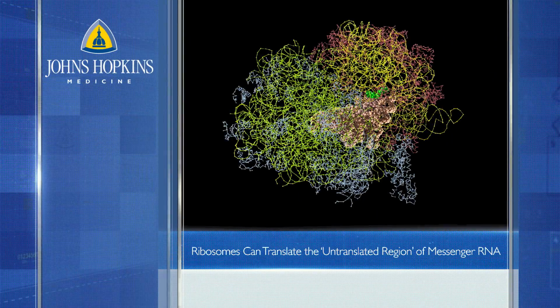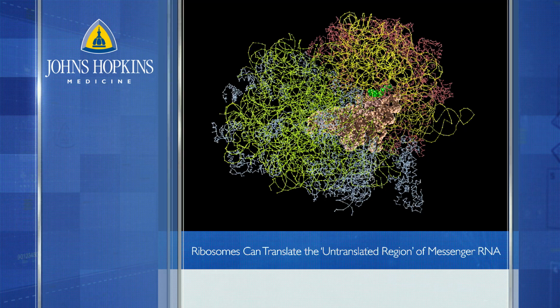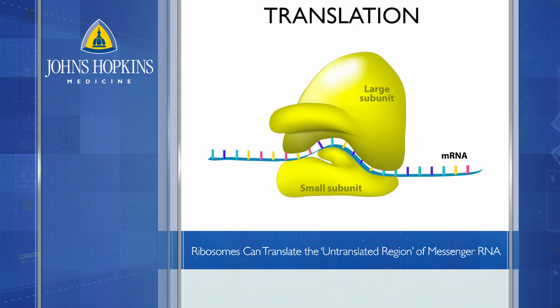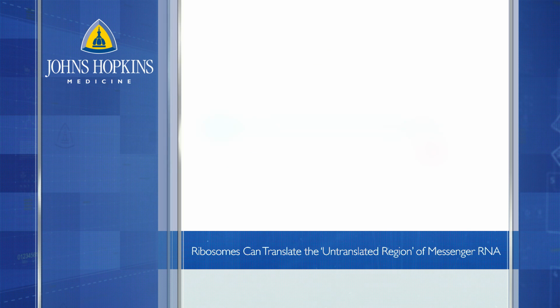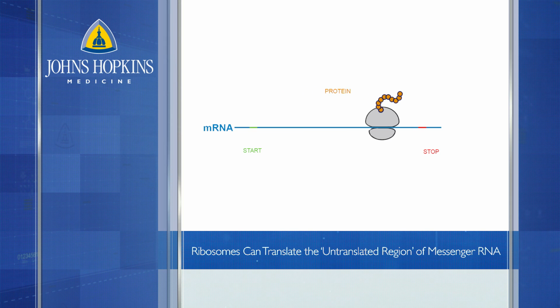One discovery is destined to change biology textbooks because it alters scientists' understanding of tiny cellular molecules called ribosomes. In a process known as translation, ribosomes make proteins based on blueprints within strings of genetic material called mRNA. It turns out that if ribosomes aren't taken apart at the right time, they can begin translating within a region